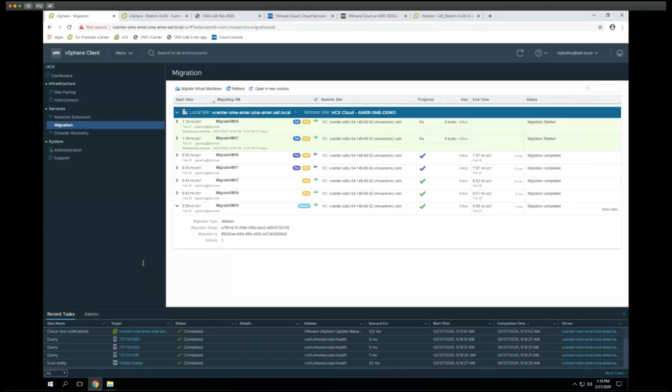Any of those on an extended network? Yeah. So the other type, I forgot to mention, I'm glad you mentioned that, was the replication-assisted vMotion, which takes a regular vMotion and adds the power of vSphere Replication to it, but it's a non-disruptive way to do it. Technically you don't have to have a layer 2 network stretch, but you probably want to